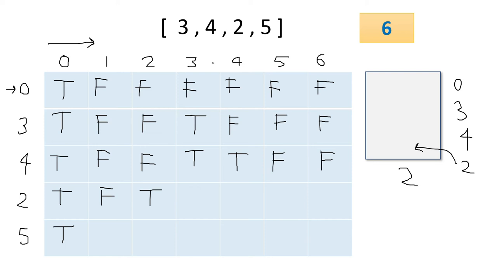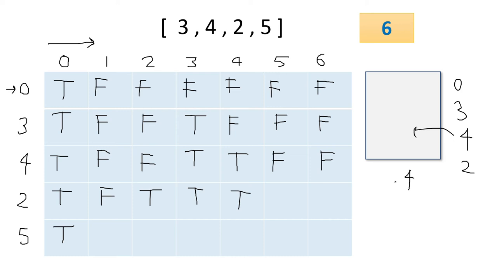Now for 3, we don't have to check because the upper cell is already true. We will simply place it true. You can find it in the picture also. If we have to place 4 here, what will happen? Directly we can take this 4, right?